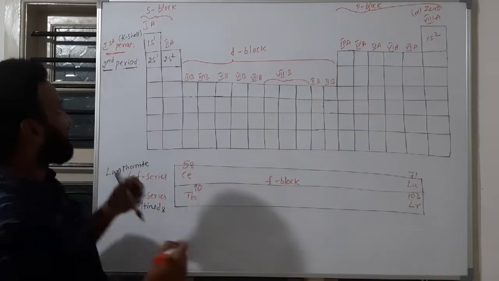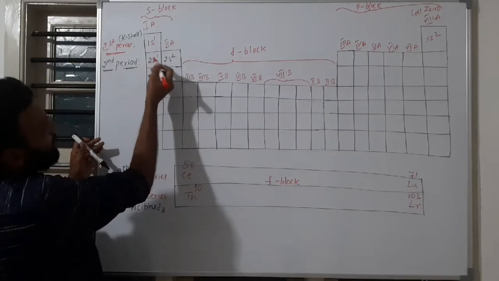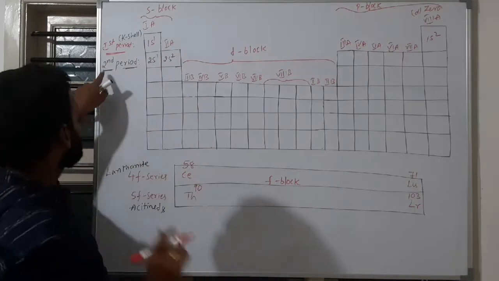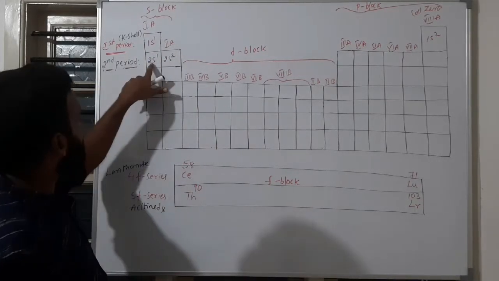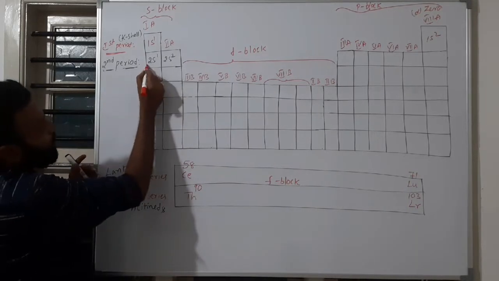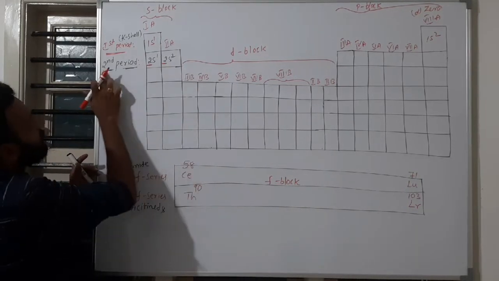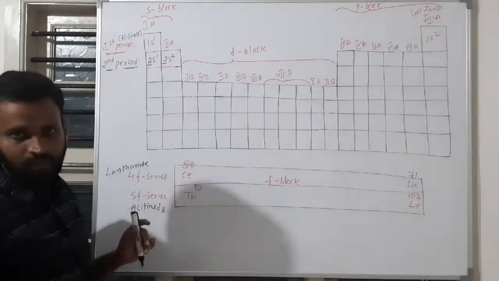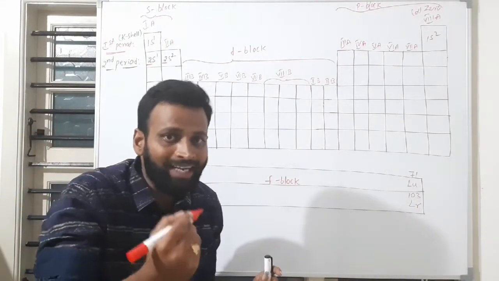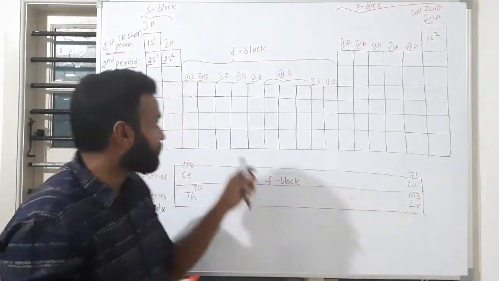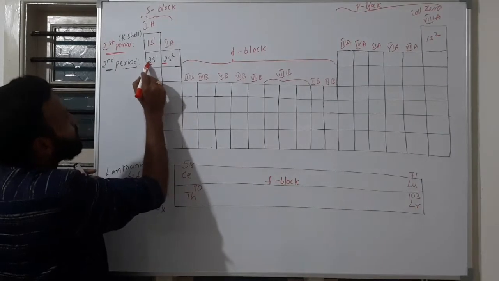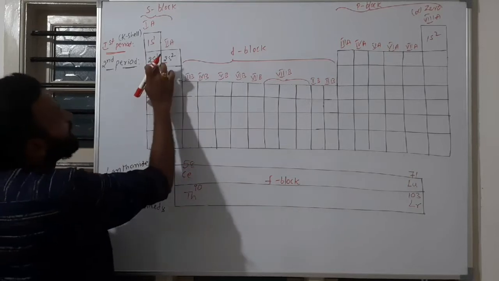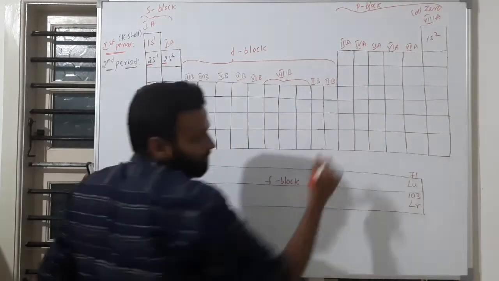Next, we consider the second period. In the second period, electrons enter which subshell? Let's see. As I told you, for the second period, the number here is 2, and the number here is 2. That is the period number. In the valence shell, the small n value, that n value, this 2 here, is the period number, 2. Here the elements that come are lithium, and here beryllium.